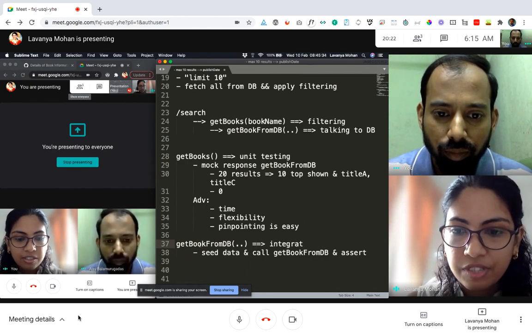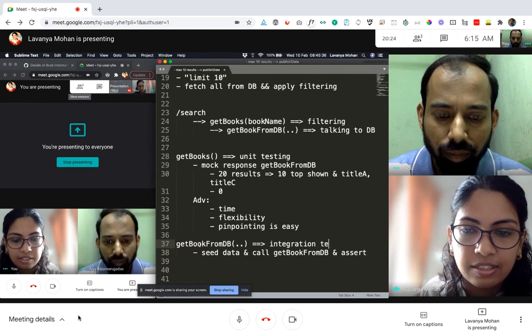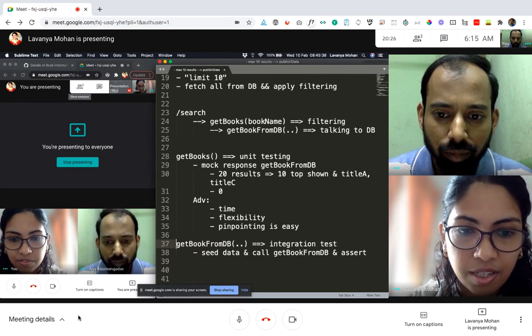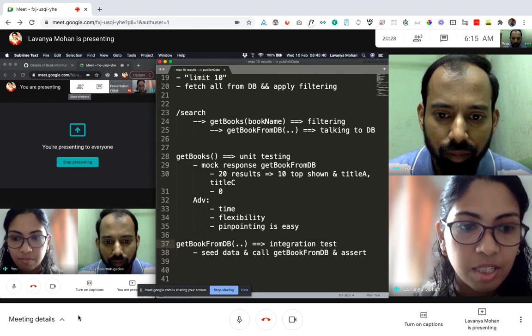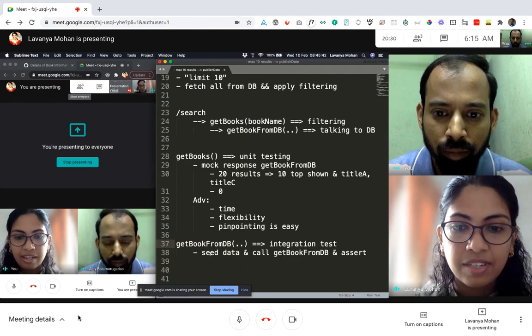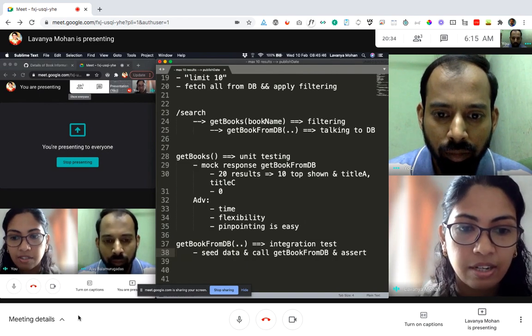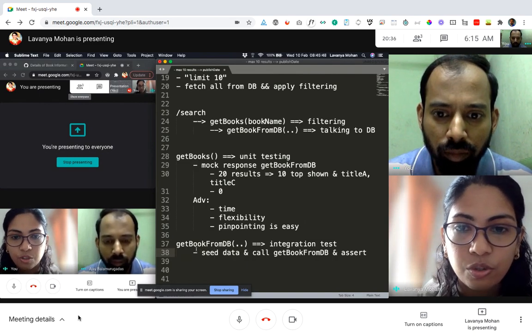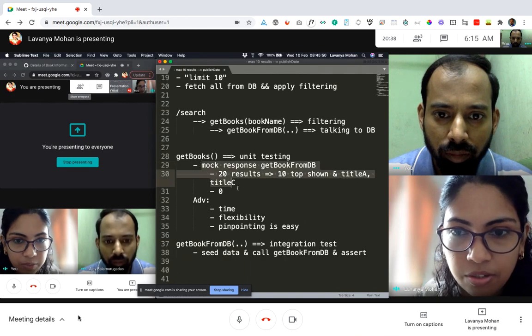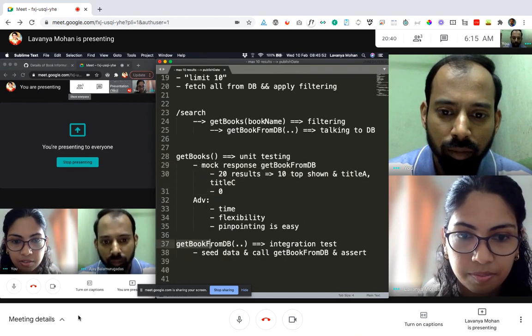So the advantage of this integration test in this case is we are actually able to check whether our connection with the DB is fine, and whether it actually gives the expected results. So whether our queries are correct as well. Right? So those things which we couldn't cover in the previous test, for example, we can cover here.